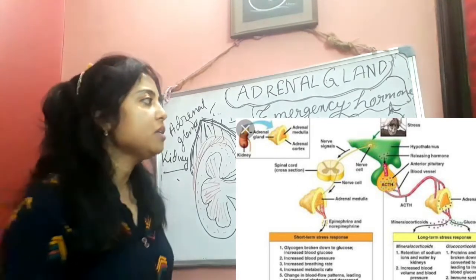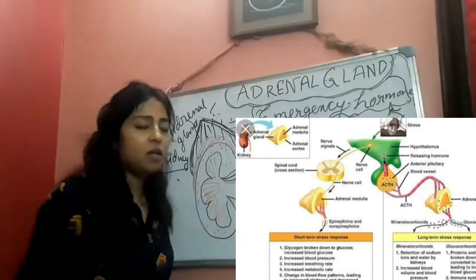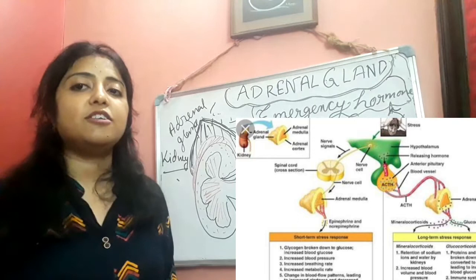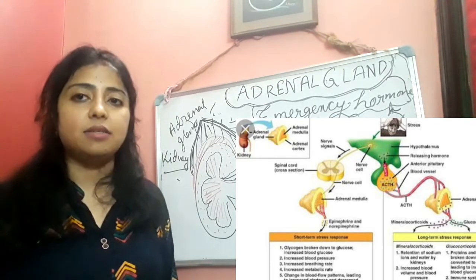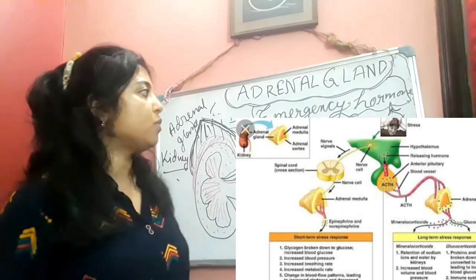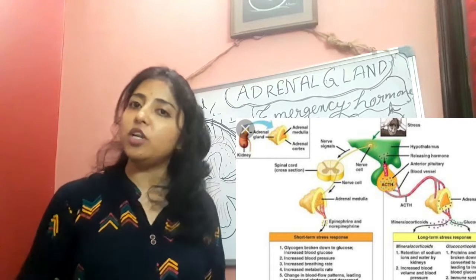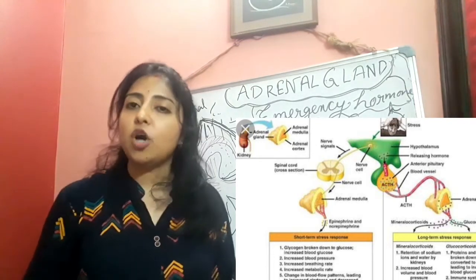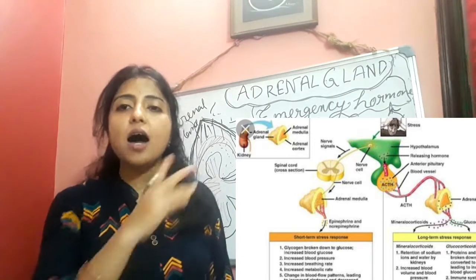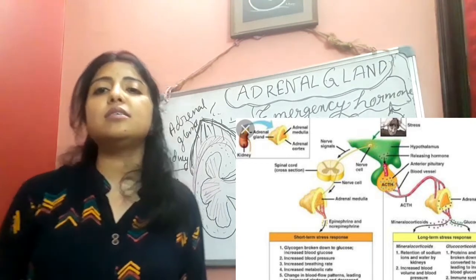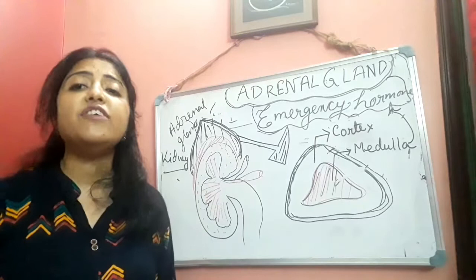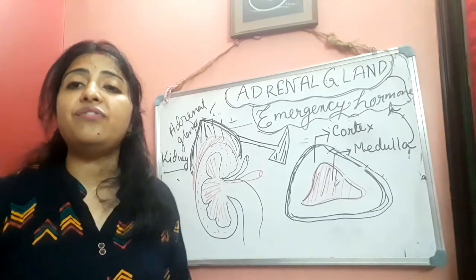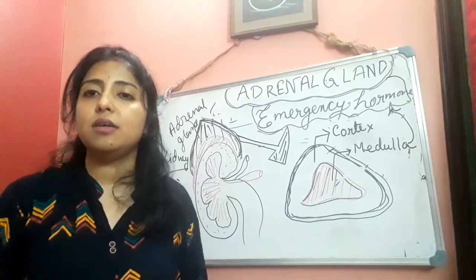Clear? And this portion, what is the name I told you? Noradrenaline will be secreted from the parasympathetic nerve, and the other one, adrenaline, I told you, will also be secreted from the sympathetic nerve. Clear? Already I told you that. Now we should discuss the different types of disorders. What are the names of different types of disorders?